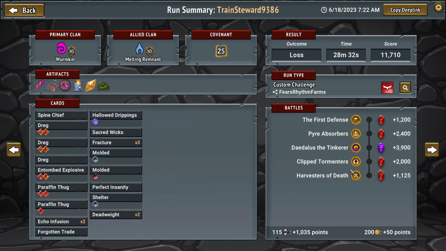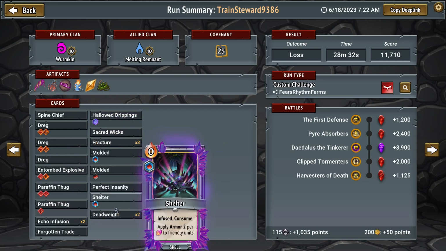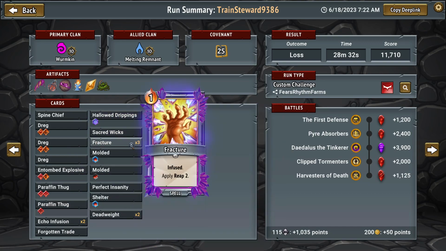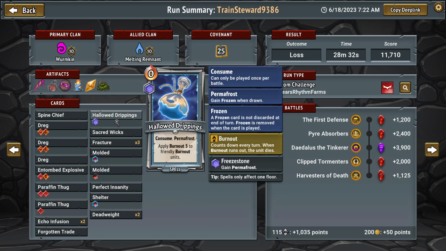So as much as I don't like this, it's not like this shouldn't work, right? So I don't know what went wrong here. I mean, they were at 115 shards into Harvesters of Death and taking the aggressive amulet. That's probably more of what killed them. Yeah, there's just wonky stuff here, like going -2 in the molded. I guess if they're specifically trying to go for a high score, it makes somewhat sense, but